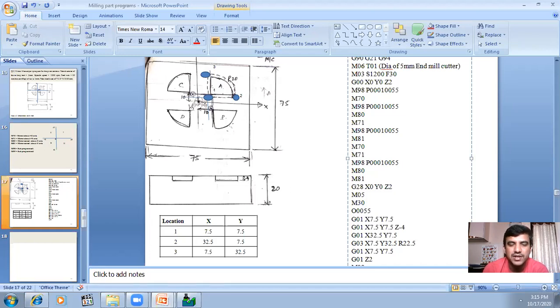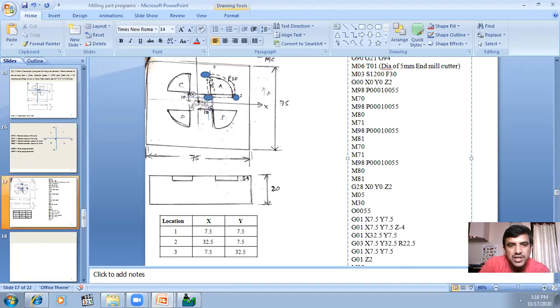The radius of the cutter is 22.5, because I want to measure with respect to horizon, right? With respect to horizon, the radius of the arc is 20 mm. But you are taking the center of the cutter, not the circumference of the cutter. If the cutter radius compensation is not given, then you have to include the radius of the cutter also. Okay, the R is how much? 22.5. Now after this, move the cutter from 3 to 1.